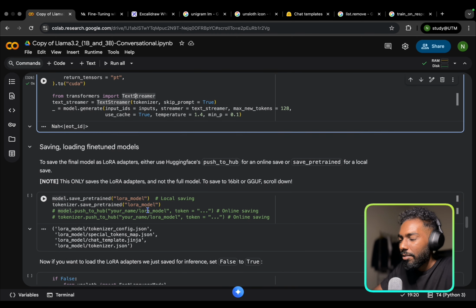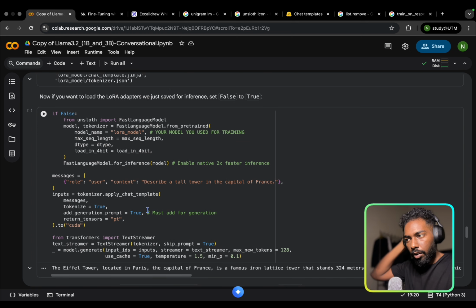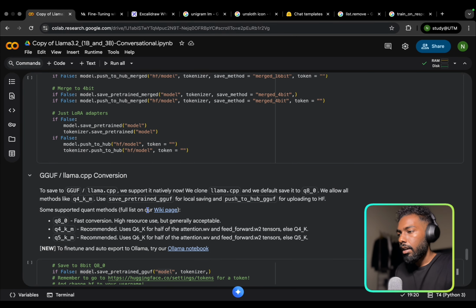Okay, and then finally, we're gonna save and load the fine-tuned models. I won't do this part right now. I mean, you can go ahead and run this. You can save it in any format, GGUF, CPP. But after this, we need to host this on some sort of service where we can run inference through an API endpoint or something like that. And then we also need to connect to WhatsApp through a webhook